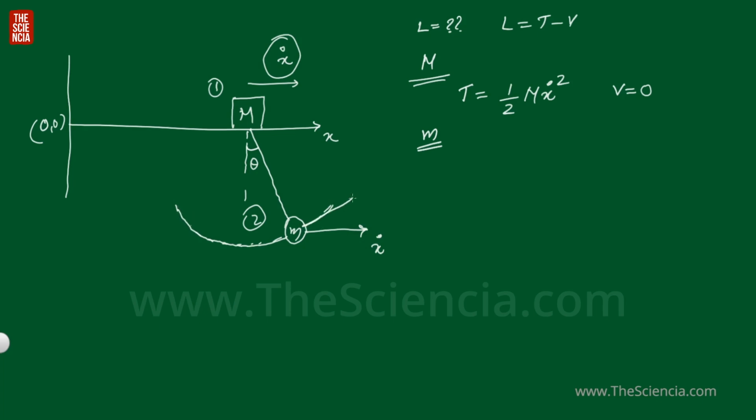So there will be a velocity that will be v2. I am taking this as v1 and this is v2. And what is this v2? Suppose this length is L, then this v2 will be L theta dot. I told you the velocity elements